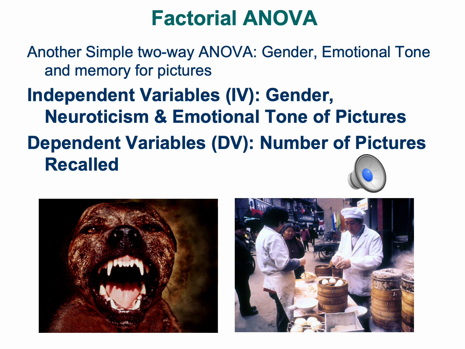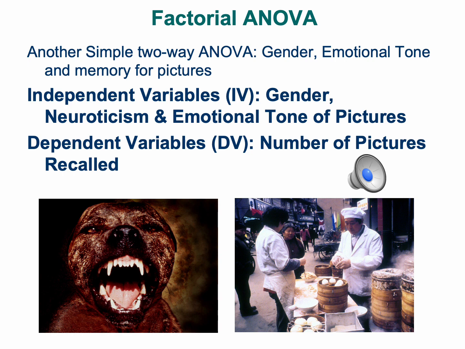We actually presented these in the MRI scanner to find out if there were different parts of the brain that were used to remember emotionally toned versus those that were not. But we also measured the number of pictures they recalled. So how many do they remember? Now you might imagine a very simple hypothesis would be that emotionally toned pictures were remembered better than those without